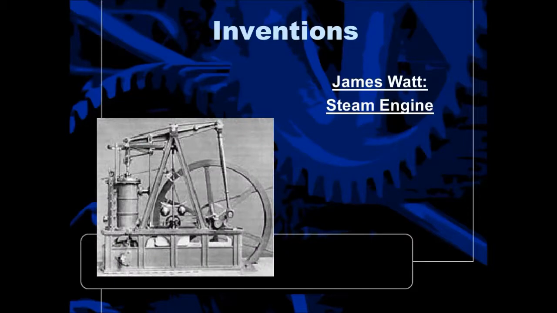So let's talk about several different inventions and how they changed the world. One of the biggest inventions was created by a man named James Watt, and he is credited with the first working steam engine. And of course, it's a source of power for lots of machines, from railroads to factories to boats. So the steam engine was used in lots of different tools of different trades.